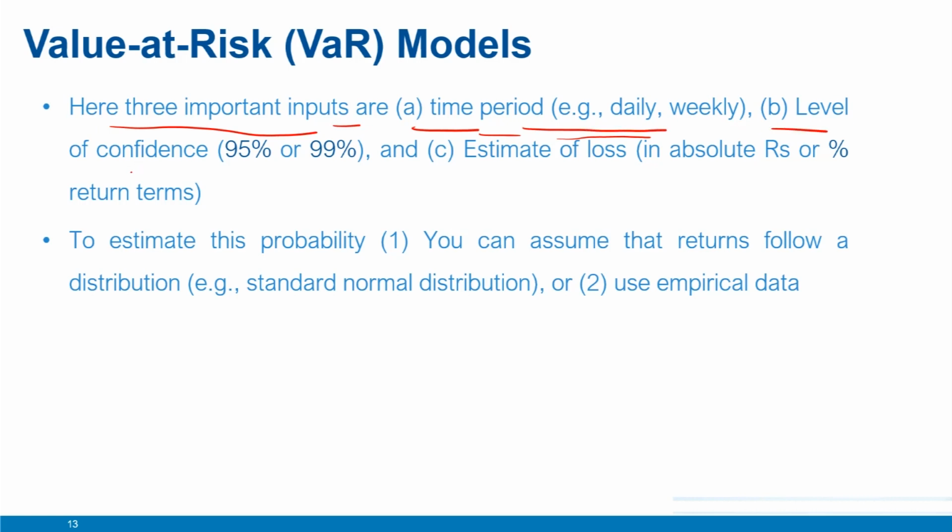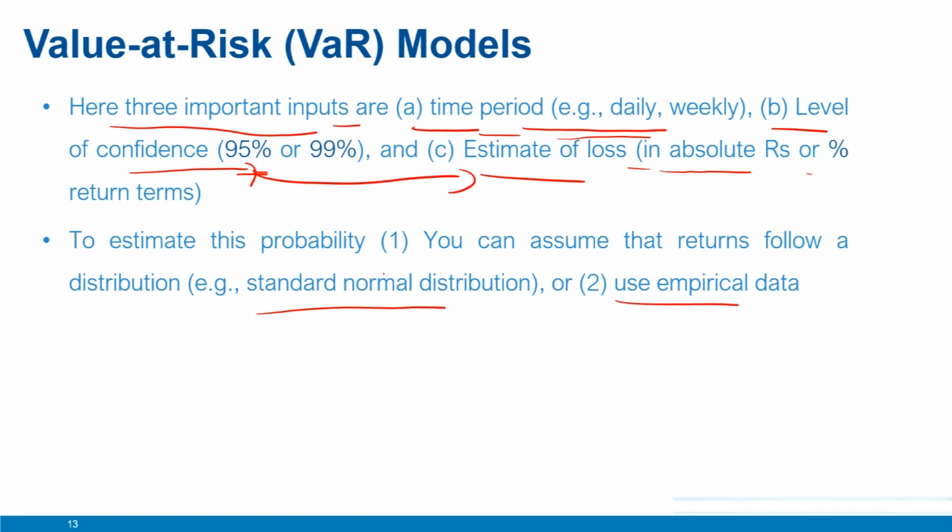Second, the level of confidence, which leads us to probability values, maybe 95% confidence or 99% confidence. Last, and a very important measure, is the estimate of loss, which can be in absolute rupee or dollar terms or percentage return terms. Now, the missing piece here is how to attach this confidence level to the estimate of loss, and that requires the distribution of returns or losses,